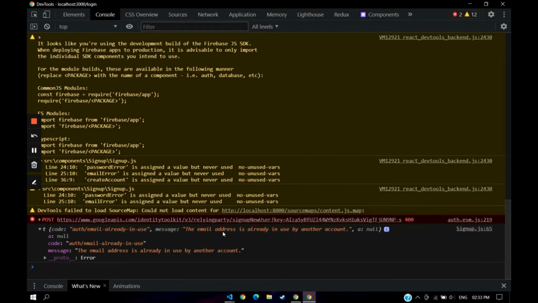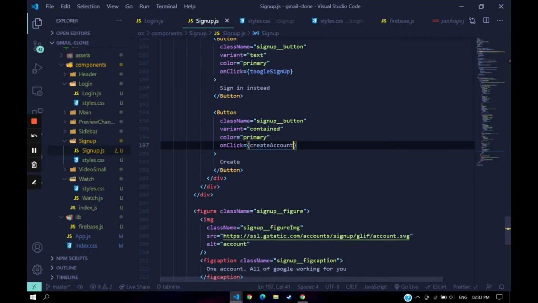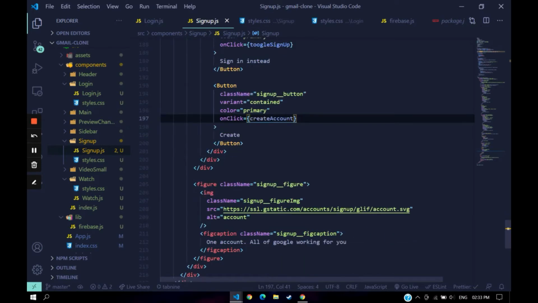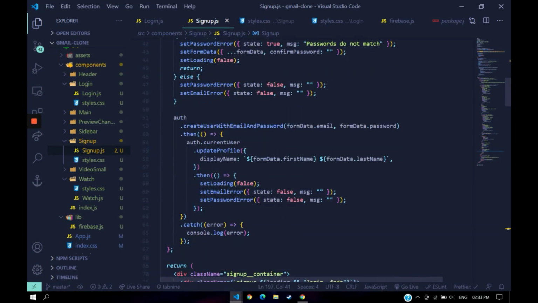So now the error could be of multiple types, right? It could be email already in use, or the password is weak. It could be of multiple types, right? So here the way we do is go back to the top where we are writing the signup function. Here now we are getting an error, so we will check if our error.code